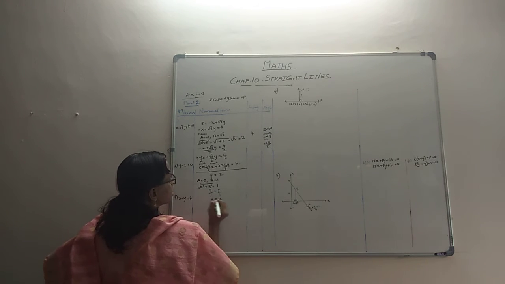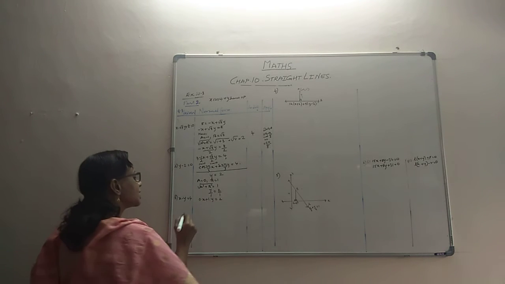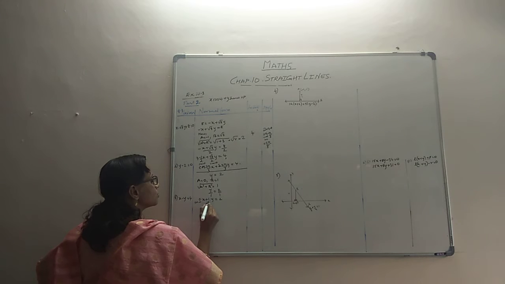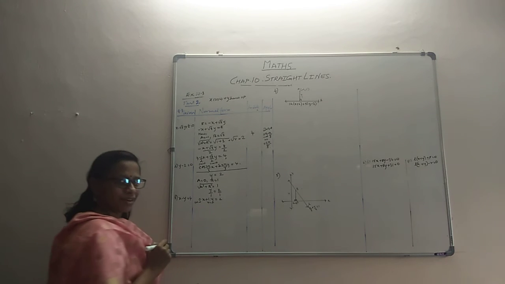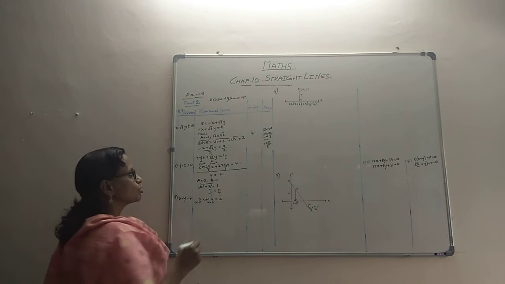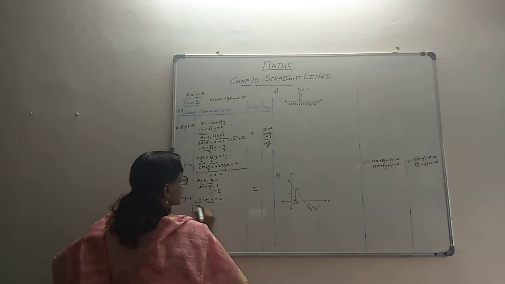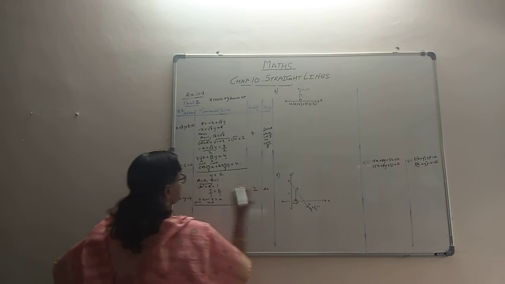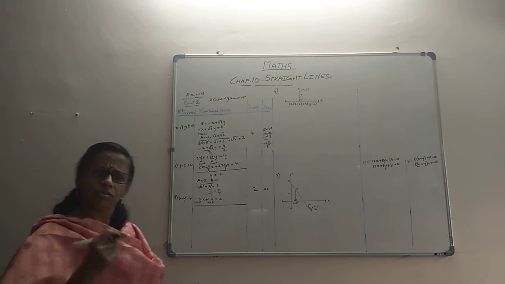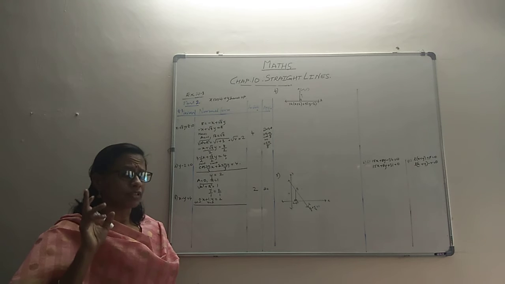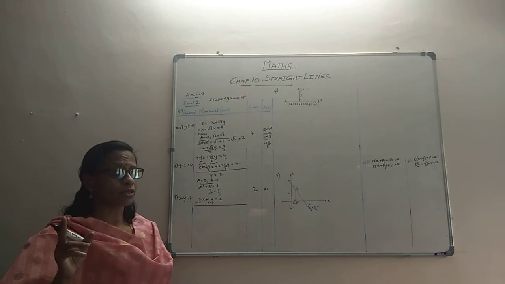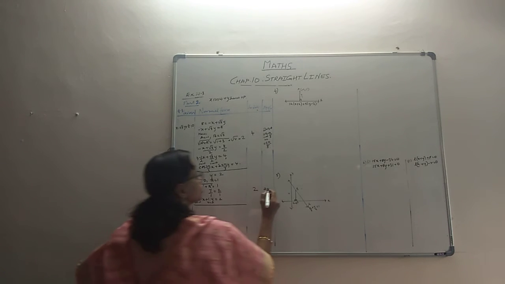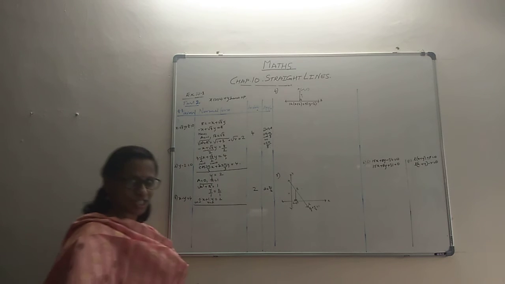Now, this is a case where you have 0 into x plus 1 into y, right? What does that mean? That cos omega is 0 and sin omega is 1, and the perpendicular distance is 2. So we can write the perpendicular distance as 2, but at the same time we have to look out for the omega. What could this omega be? Where sin is 1 but cos is 0. Directly you get the answer: sin omega, if it's 1, is pi by 2. At the same time, cos pi by 2 is 0. So without doubt, omega is pi by 2. It's only that much, right?